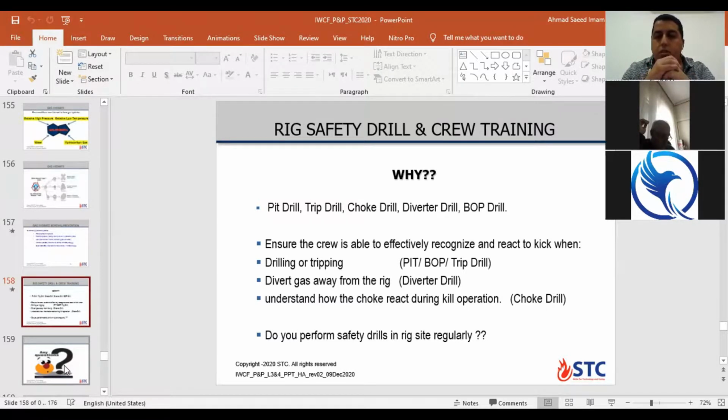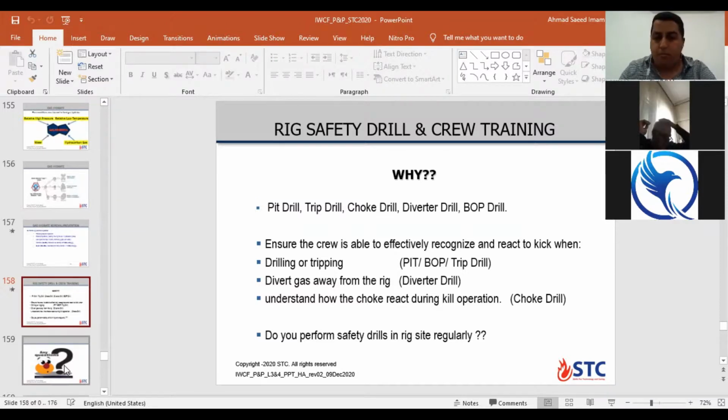It's just to be familiar, much better than people who don't know. To be sure you have enough knowledge, in case of a real well control situation, you will act fast, quick and safe to control the well. So we have to perform training during operation on the rig for safety drills, like pit trip drill, shock diverter, BOP, H2S, firefighting, evacuation drill, escaping drill, a lot of drills according to the policy